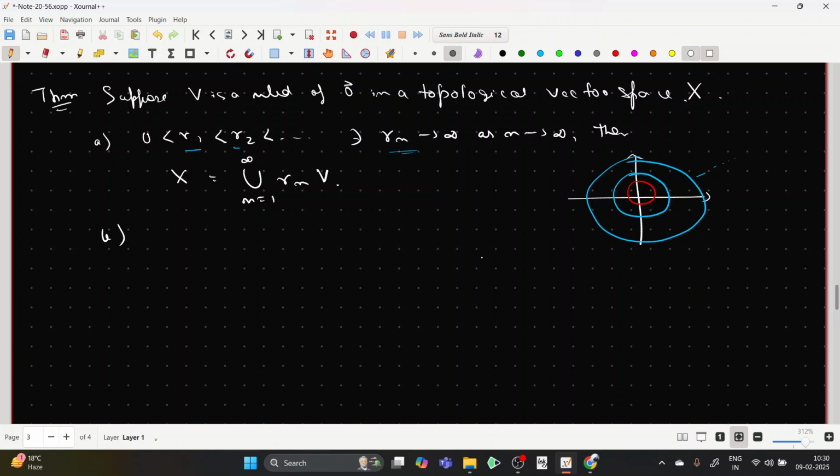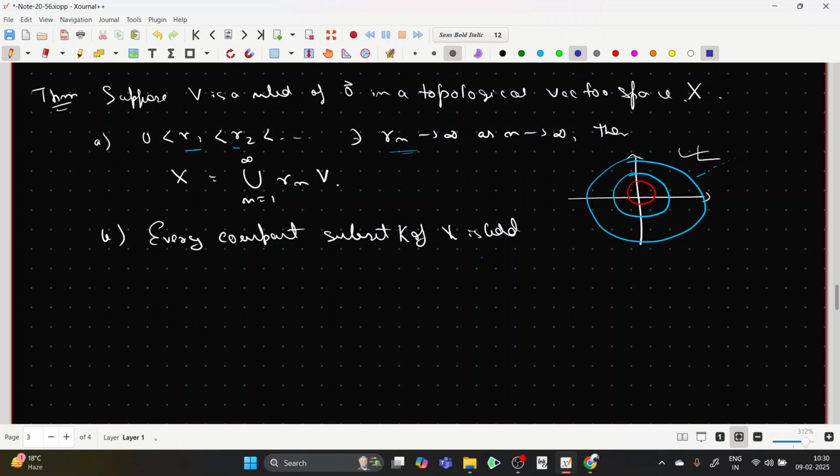It says that every compact subset K of X is bounded. So every compact subset K of X is bounded. Now it can be thought of from here as well, because if I have a compact subset,